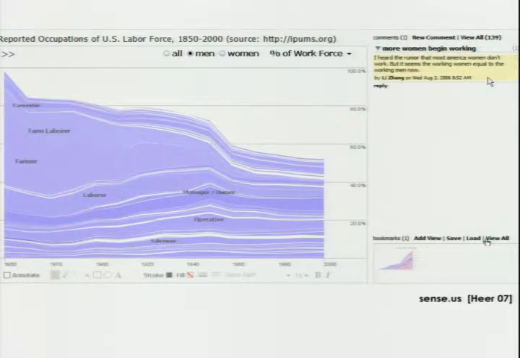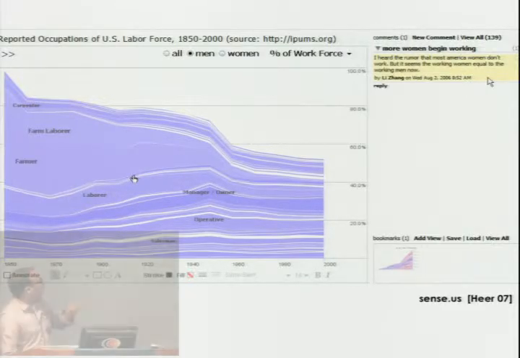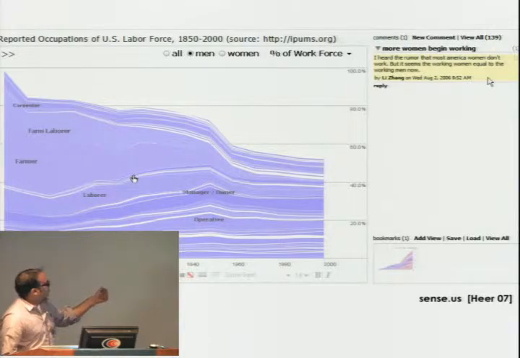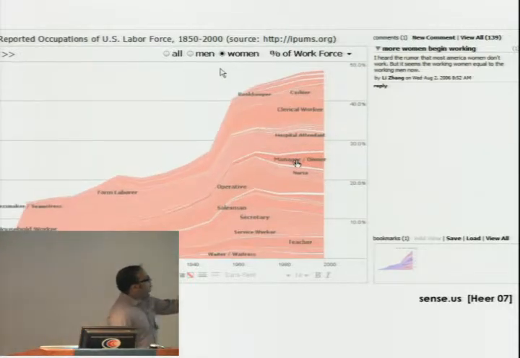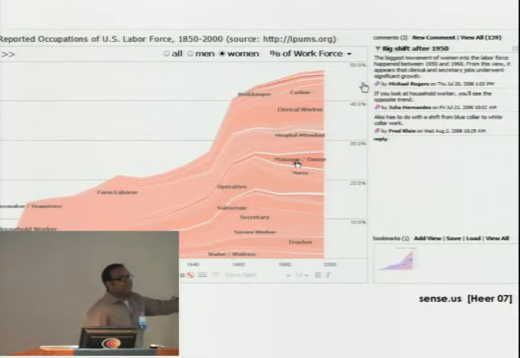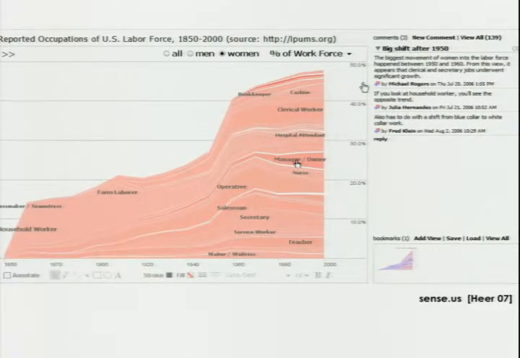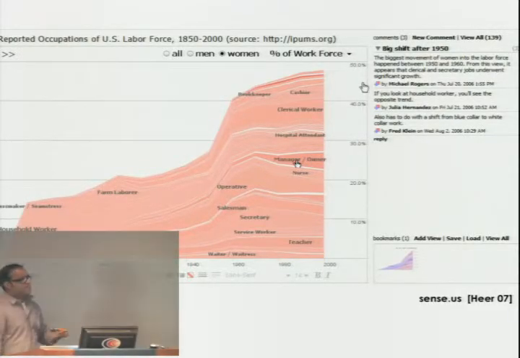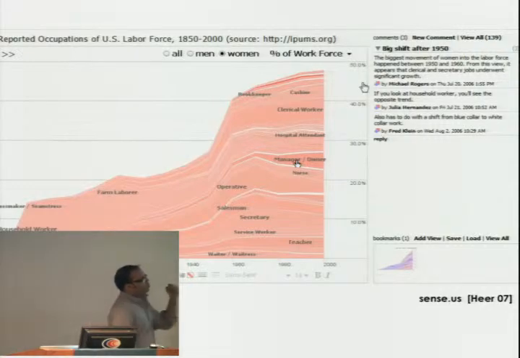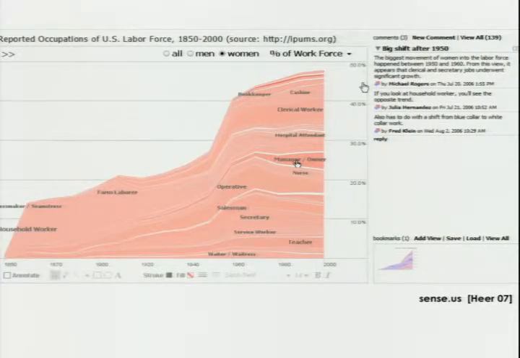So here is one comment about this view of males in the workforce. And in this video now, we'll switch to women in the workforce, and we get a different set of comments, and the comments are very tightly coupled to what you're seeing in the visualization. So it solves the coupling problem, but it still has a number of issues. It doesn't help with really structuring the comments, organizing and grouping them to do hypothesis generation and evidence finding.